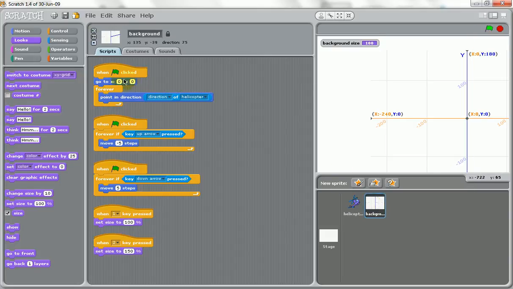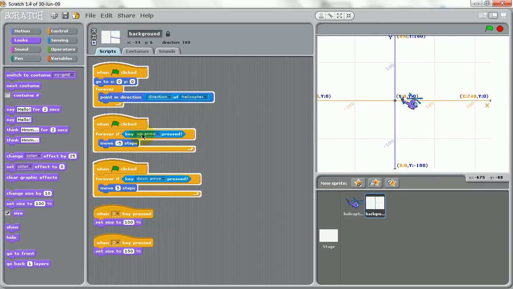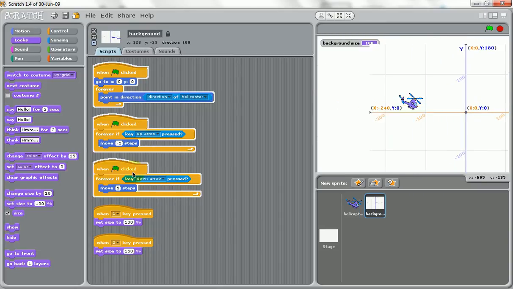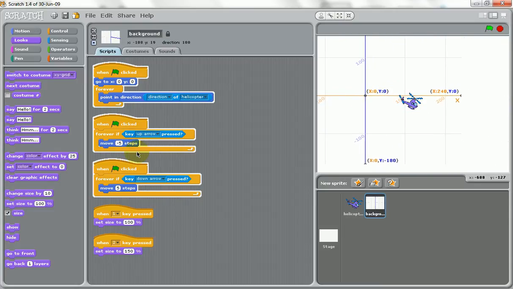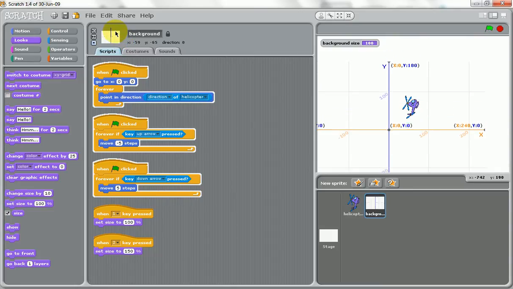This background sprite also starts at 0, 0, and then basically we tell it to point in whatever direction our main character, in this case the helicopter, is facing. So if we start the game, you'll see up here this background is changing to face the exact same direction as the helicopter, even though it's locked in to not look like it's rotating, it still has a direction. Then we tell it on the background, every time we press up, to move steps, either backwards or forwards. So as we rotate the helicopter, the background also changes its direction, so now we get